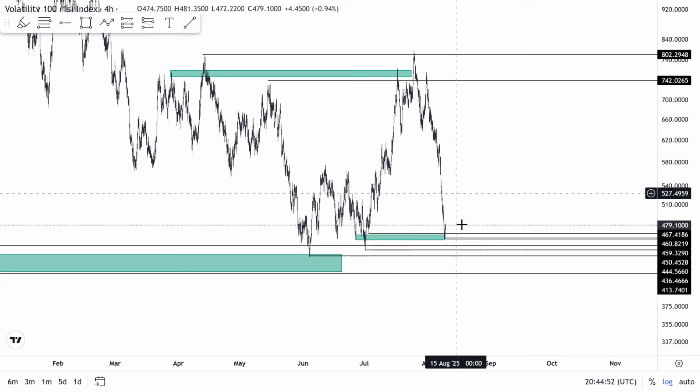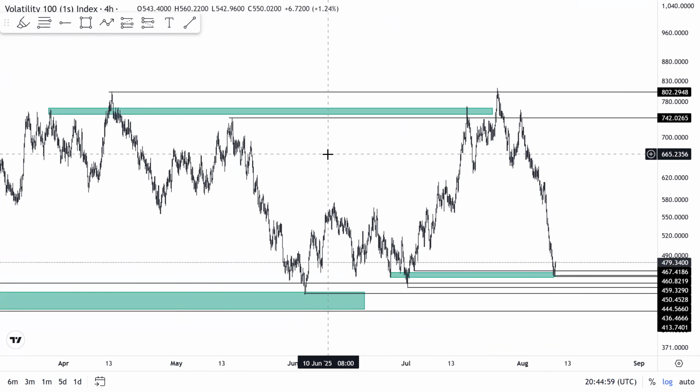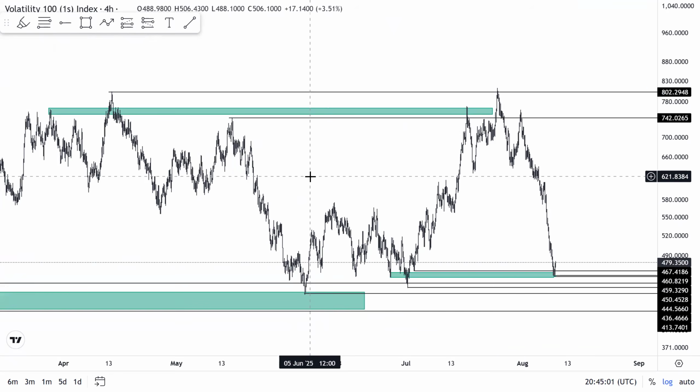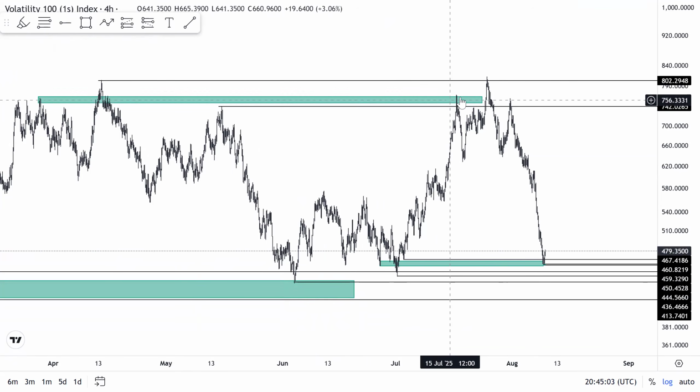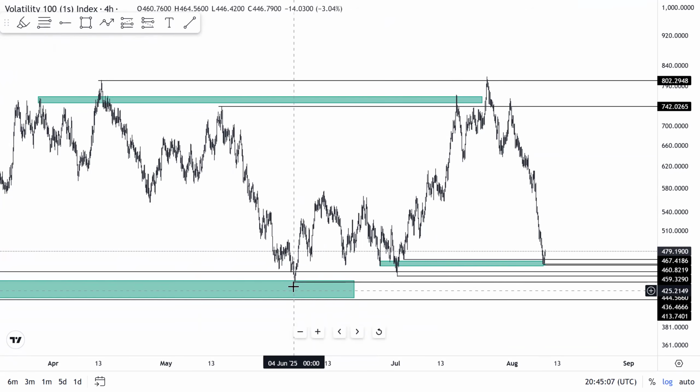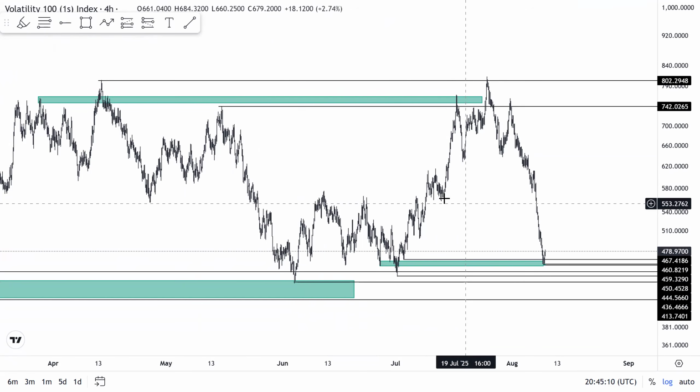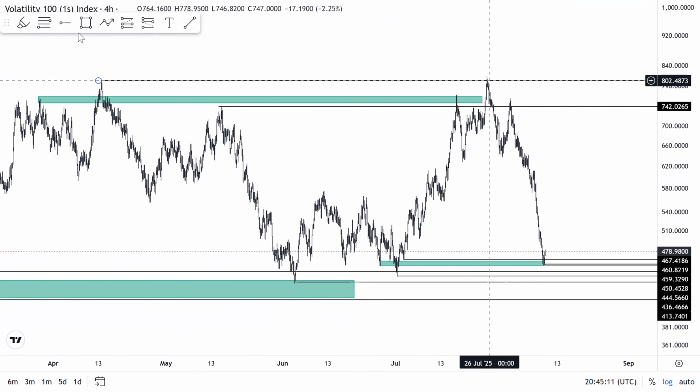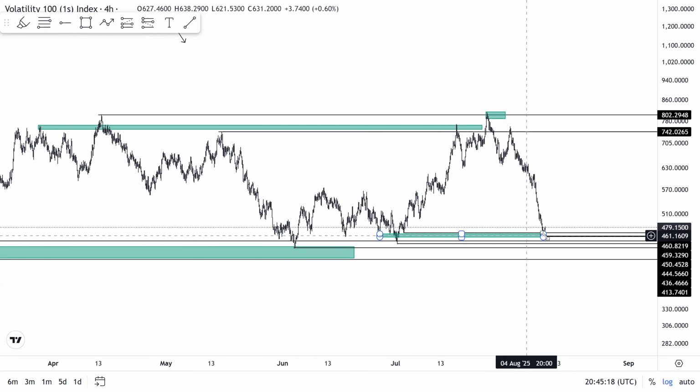Because I know that some people will be taking sells, still looking for price to take out this low. Why do I say it's not valid? It's not valid because price took out the protected high. If it was going to be valid, then this sell would have held here. If this sell actually held and continued dropping here, then I'd say okay, fine, this is what's happening right now. But price took out this protected high. Once you see something like this, price taking out a protected high, then please just understand that that setup is going to fail. So this is what's currently happening right now on the 1 hour time frame.